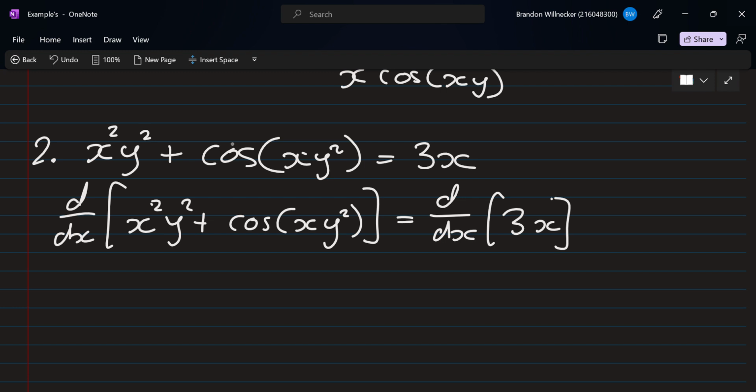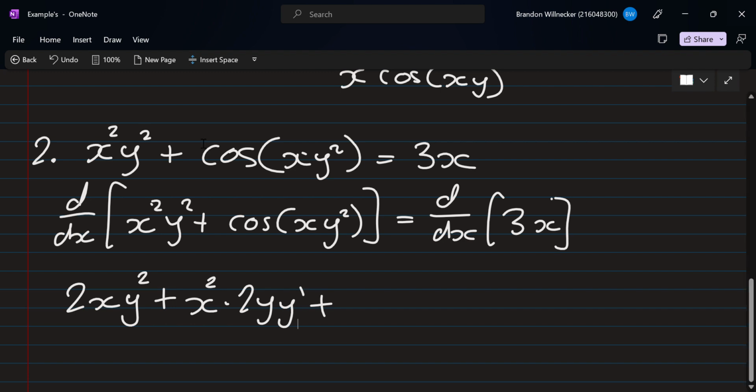We take the derivative of the first term, so that's going to be 2x, leave the second alone, plus, we leave the first, take the derivative of the second, remember to use the chain rule. So that will be 2y, y prime, plus, we take the derivative of the outside function, so that's going to be minus sign, so let's put a minus instead of a plus, sine xy squared,